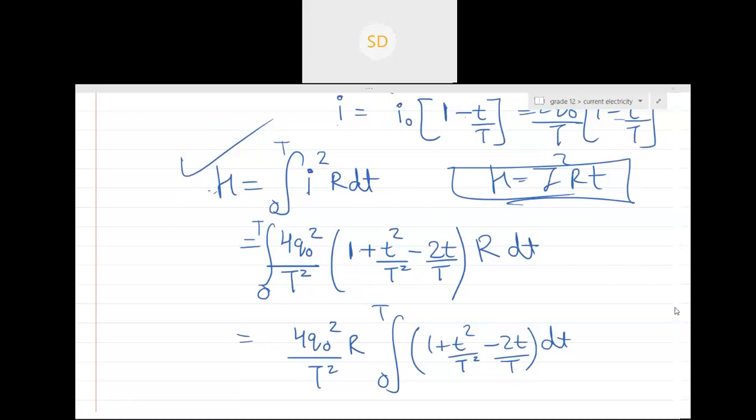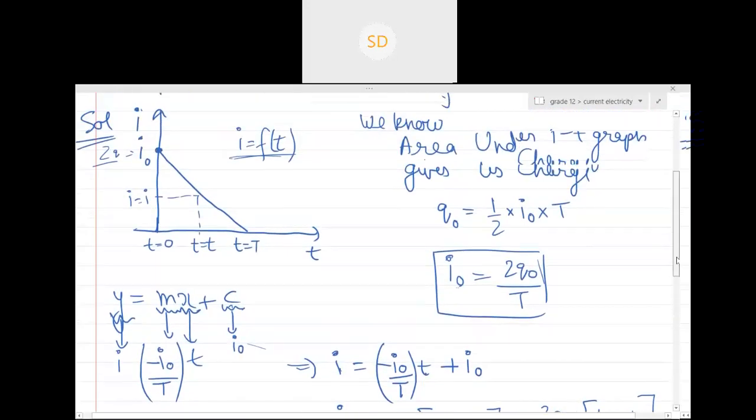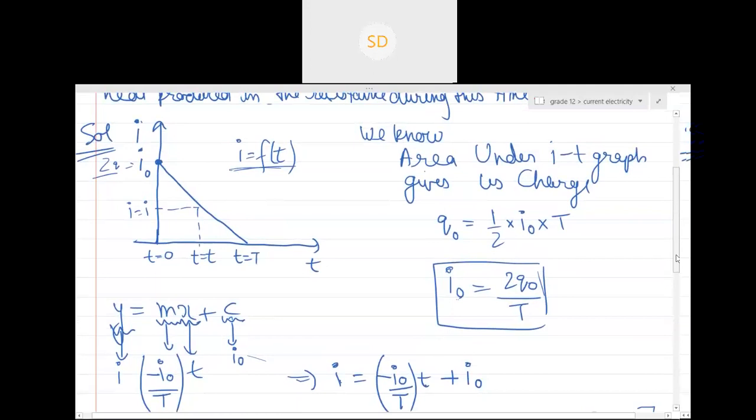So could you explain the relation between I and I naught also? Okay. So basically, they just gave this information that the current was decreasing uniformly. Whenever it is decreasing uniformly, this line will be the decreasing uniformly curve, right? The function will be for this. So basically, you can make this function y is equal to mx plus c, where c is the y-intercept and m is the slope, right?